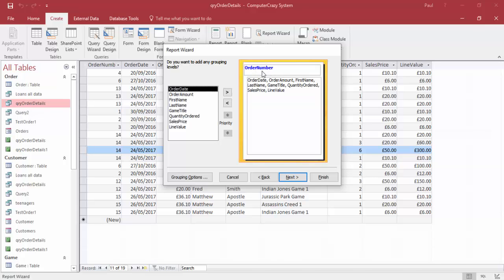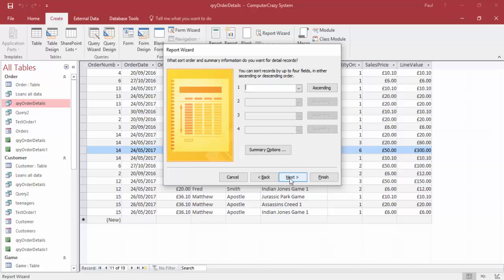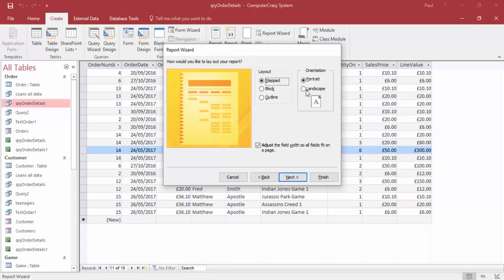And I've said group by order number. This is going to give me one line for the order number, and then other lines with all these details. Yes, some of these details should be on the order header. We're going to adjust it in a moment. So that's that step. I'm not going to worry about sorting records. I'm going to switch the orientation to landscape because there's quite a few fields to fit in. And I'm just going to take the default layout,